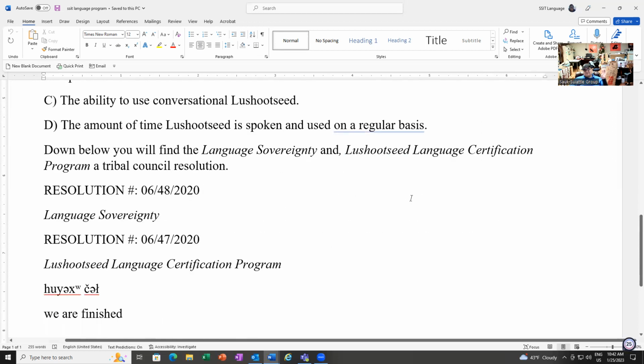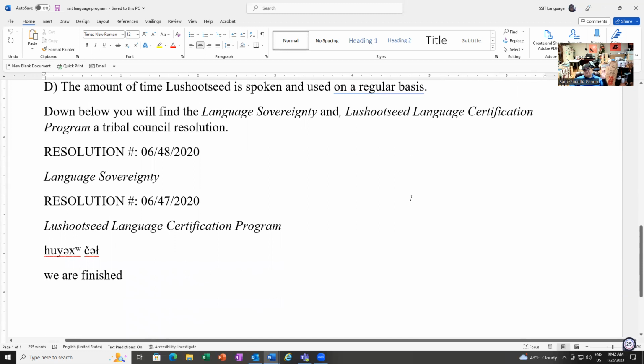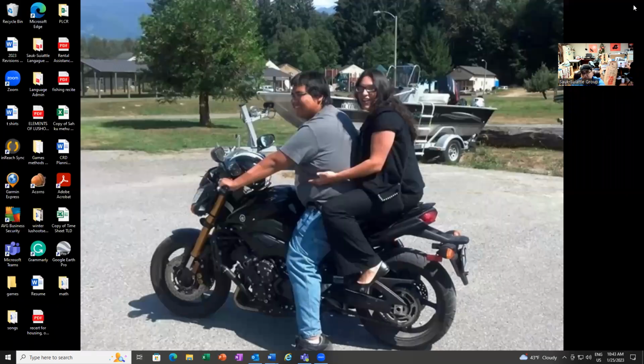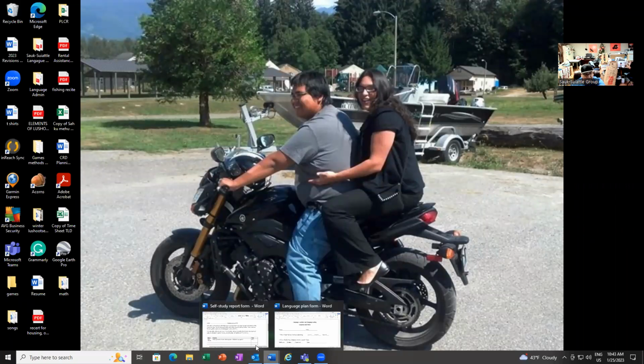Down below are resolution numbers for the Soxwanian tribe that we passed. We have a language sovereignty, a language certification program. A lot of these you can find here, along with the resolution dates. If you want to look into that, you can.